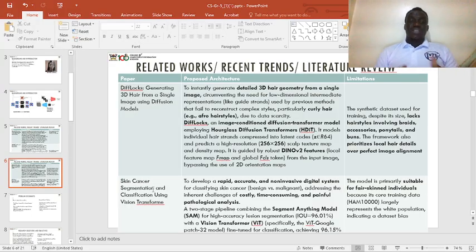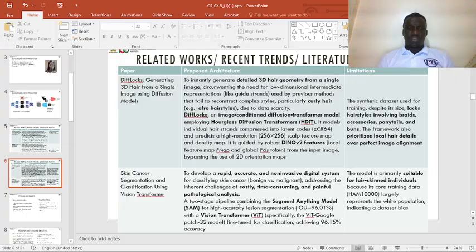This is the last paper that I wanted to talk about here today, which is the skin cancer segmentation and classification using vision transformer. And then the problem statement was to develop a rapid, accurate, and non-invasive digital system for classifying skin cancer. They are addressing the inherent challenges of costly, time-consuming, and painful pathological analysis. And how they talk about this is that they use a two-step pipeline combining the Segment Anything Model, which we actually use here, the SAM,